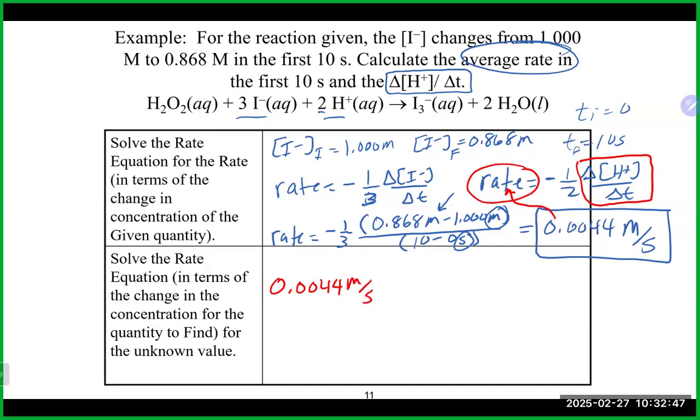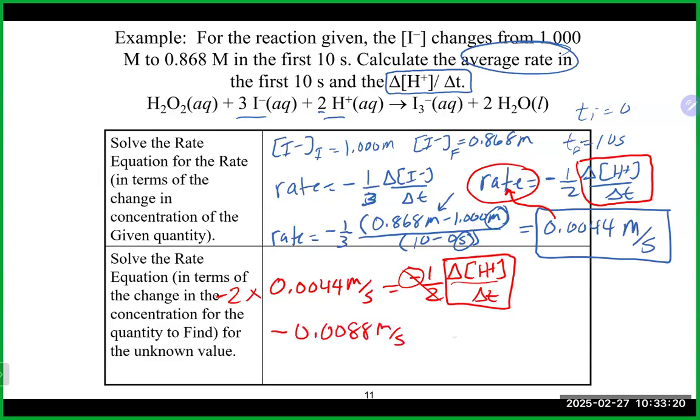0.0044 molar per second is equal to negative 1 over 2, the change in the concentration of H plus over the change in time. Since that is what we're looking for, we need to do what with the 2? We need to multiply it to the other side. By the way, it's not just the 2. We also need to multiply the negative as well, right? So we got to get rid of that on that side, basically take it to that side. And that will get us here negative 0.0088 molar per second